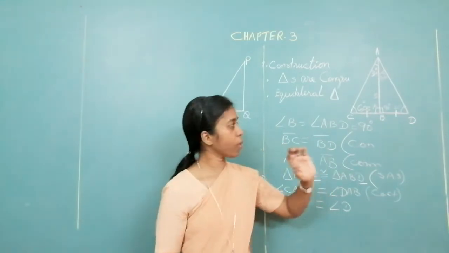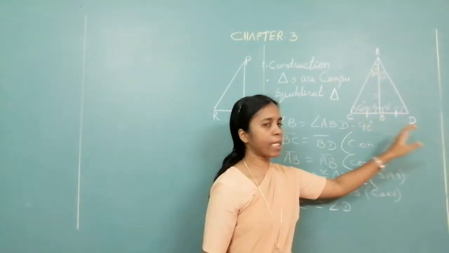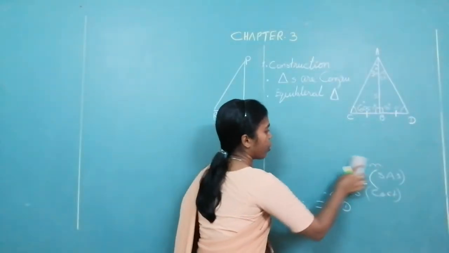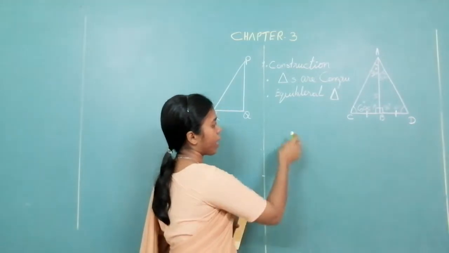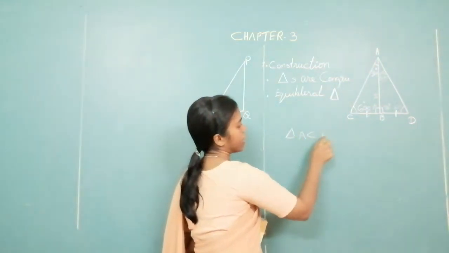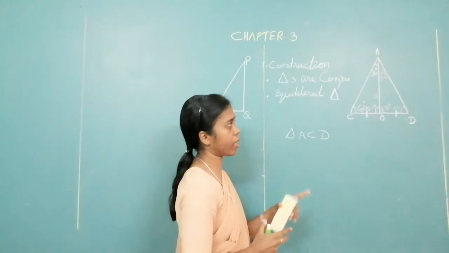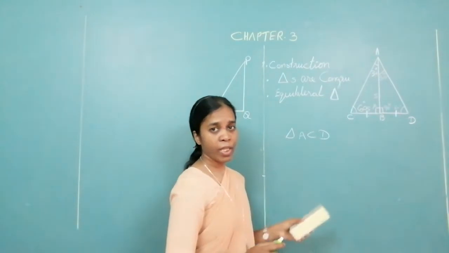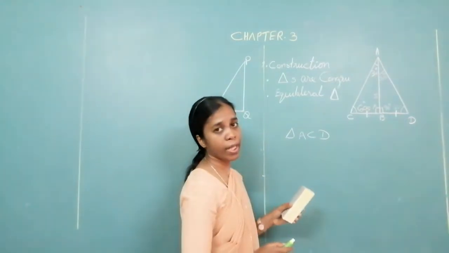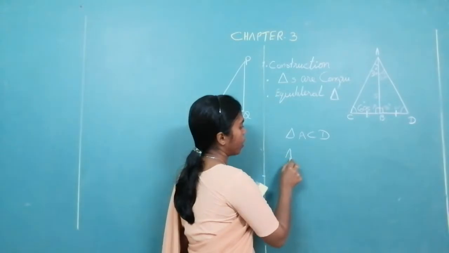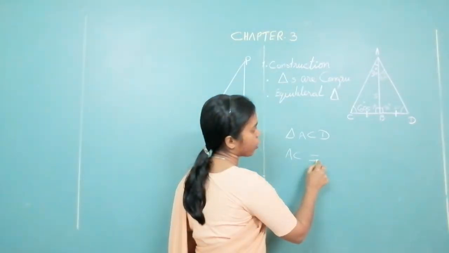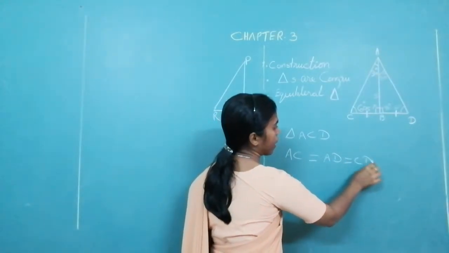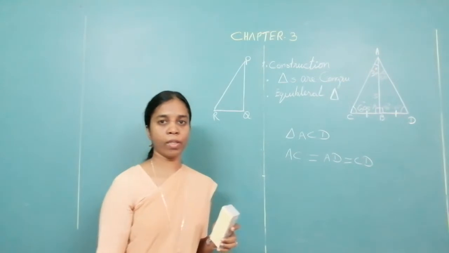Now which triangle are we talking about? We are talking about triangle ACD. I am erasing it. I suppose till here everything is clear to you. Okay. So in triangle ACD, now look at only triangle ACD. All three angles are 60 degree. Therefore it is an equilateral triangle. If it is an equilateral triangle, the corresponding sides are also equal. All sides are equal. That is AC is equal to AD is equal to CD. All three sides are equal, isn't it?